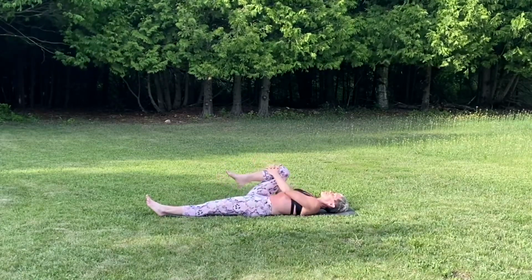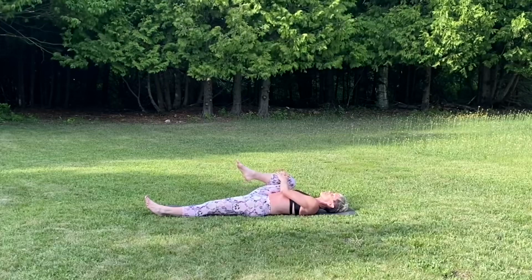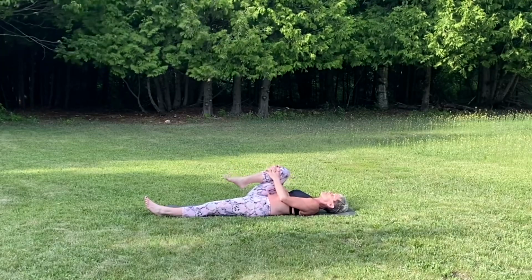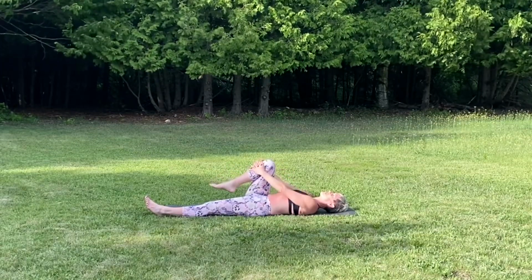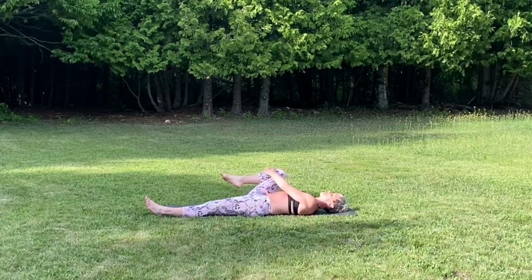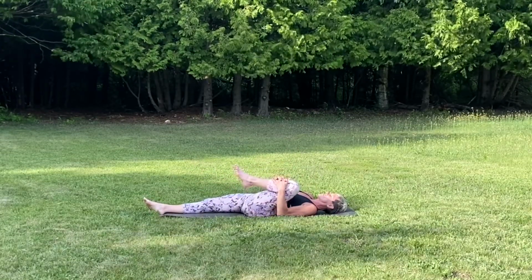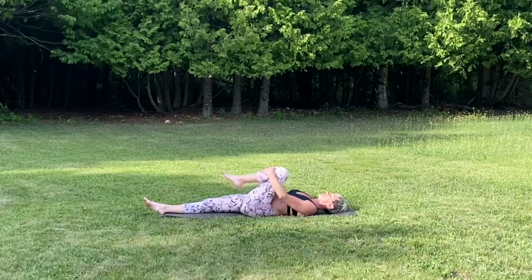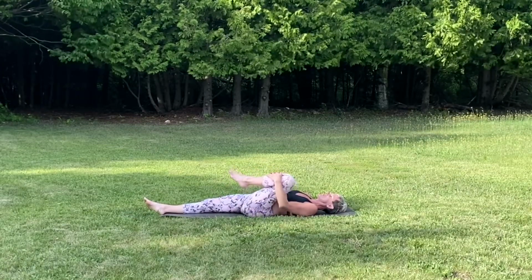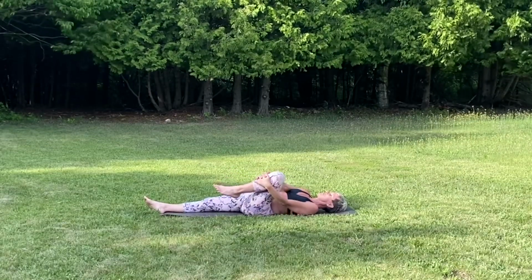I'm going to draw my right knee in as tight as I can in toward my armpit and chest and just draw small circles inward. One more time around. Stop in the middle and then we'll take those circles the other direction. Go ahead and release. Left knee comes in. Pull it in nice and tight. And then we'll draw some small circles, starting inward. Stop, and then reverse the direction of the circle for 3,